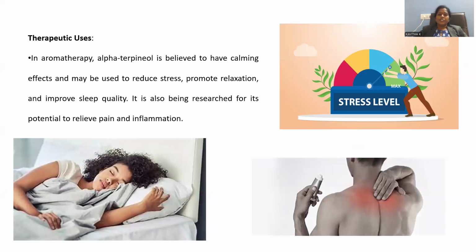Another important application: it has a highly fragrant and very pleasant smell. A lilac type of aroma is imparted by alpha terpineol. That is the reason why it has a calming effect. It is used to introduce relaxation. Whenever we are in the vicinity of alpha terpineol, it gives removal of stress, and relaxation is the common positive thing added by this alpha terpineol, so that promoting relaxation is also